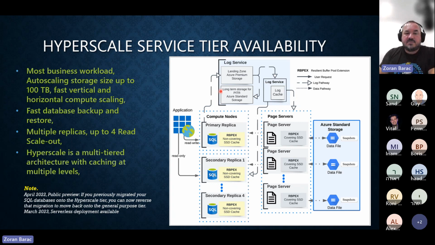So once you went hyperscale, you couldn't go back. Now that's available. You can go hyperscale, test it, and do the rollback to the general purpose, traditional architecture if you want. But bear in mind, if you deploy the database as a native hyperscale, you can't migrate back to the traditional one.